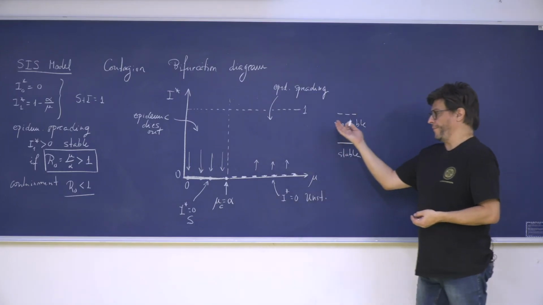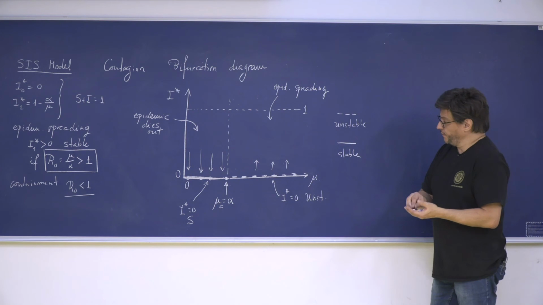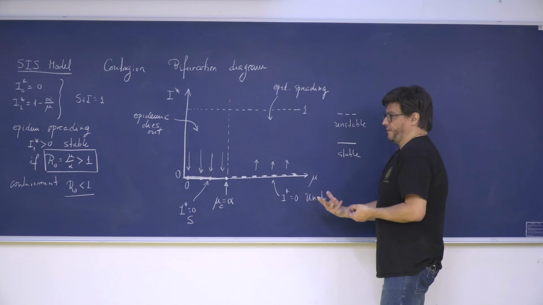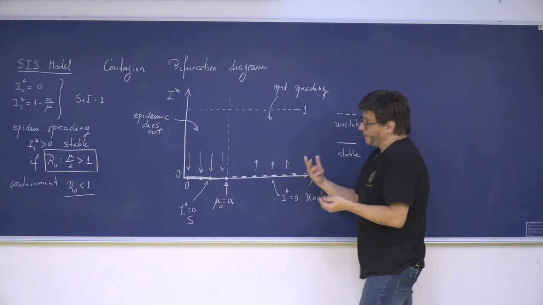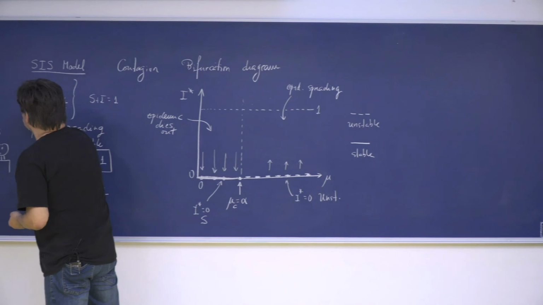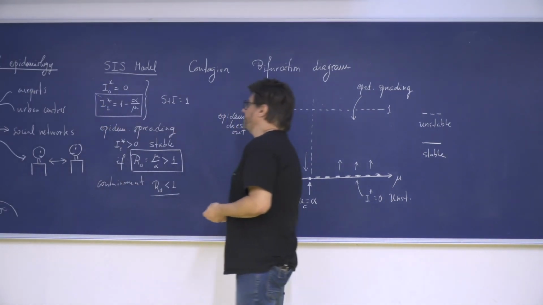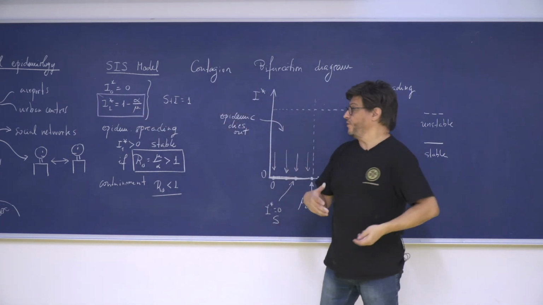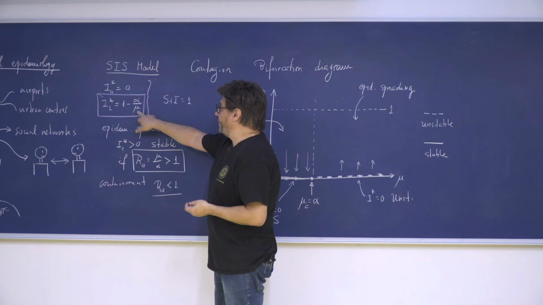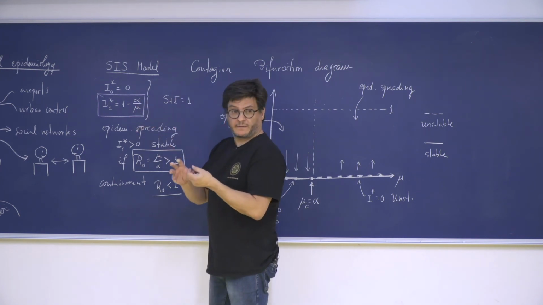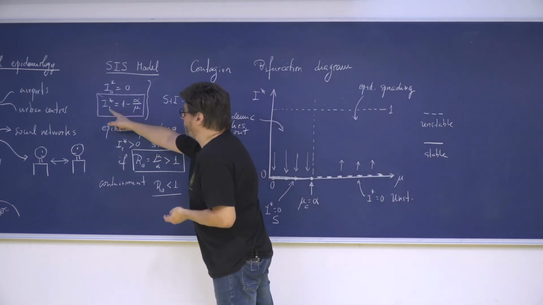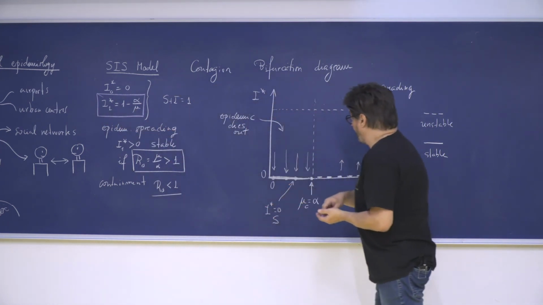I propagate up. Where? Well, if I'm here, what is the shape of the equilibrium state? Do I know it? Yes. This is the expression that we just found for this. And if you look at that, you can see that for a given alpha, whatever the value, if I keep mu increasing, this quantity will go rapidly shrinking to 0. If I plot this as a function of mu, what I'm going to see is this.